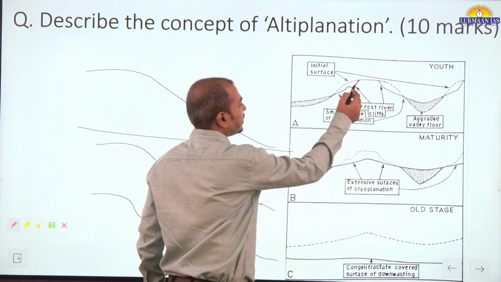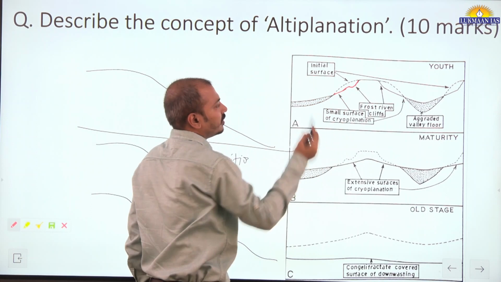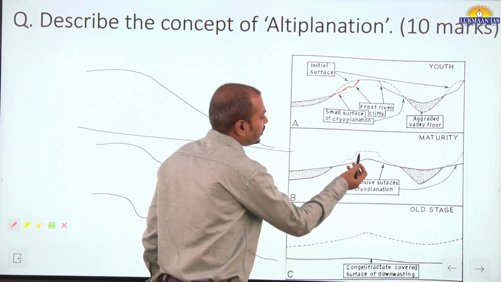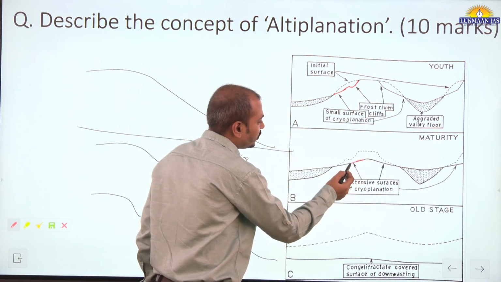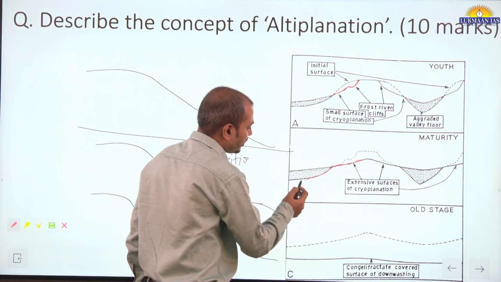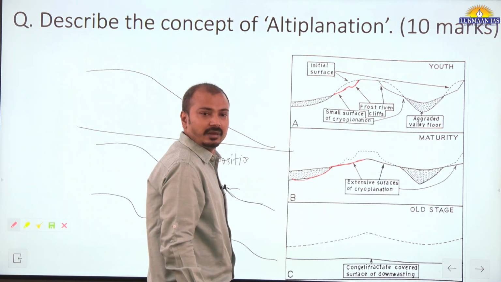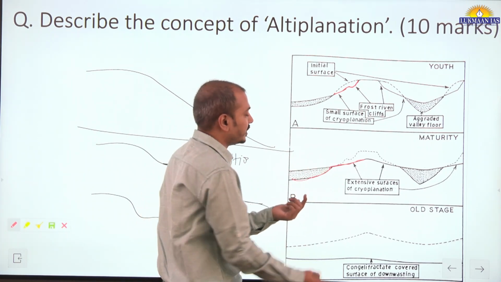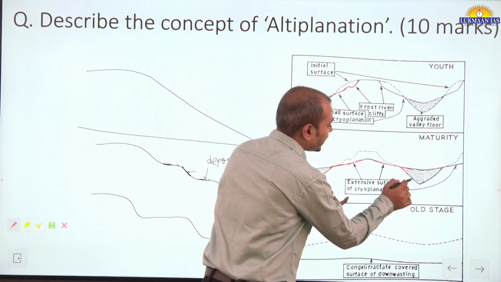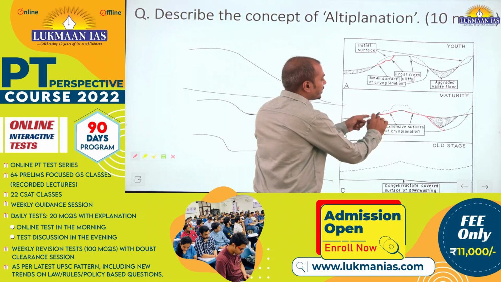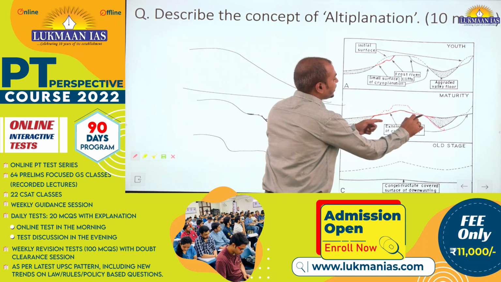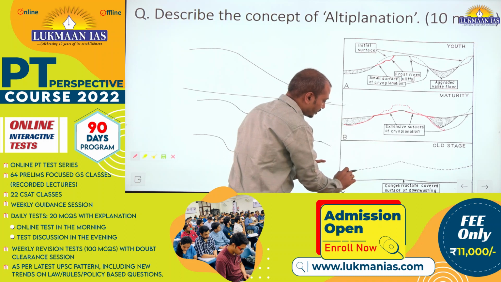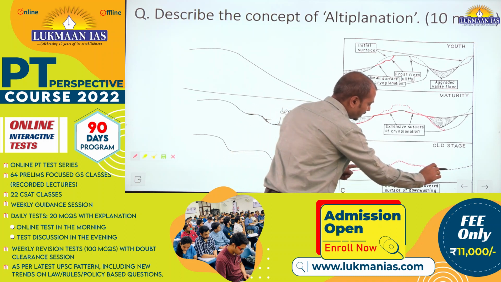So you can see here, this is the part now. Over the period you can see that they are converted into gentler sloping cryoplanation terraces or altiplanation terraces. So these terraces are being formed like this. Okay, so earlier you can see the earlier shape is this one, and ultimately it is now converted into plane